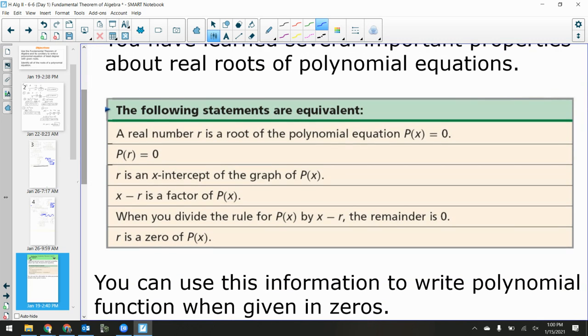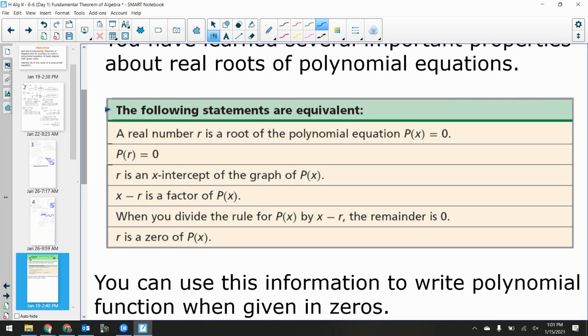All of these things are equivalent statements. Synonyms, right? Any real number r is a root of the polynomial equation if p of x is equal to 0, right? So you set the function equal to 0 and you solve. You can call that a root. You can call that a solution. You could call that a 0. You know that if you plug in a root into a function, the output should be 0, which makes sense because in the following row there you see,